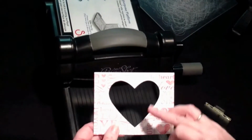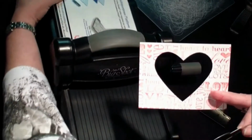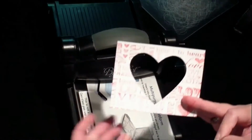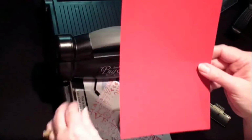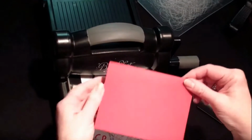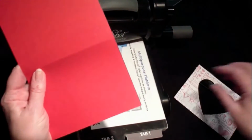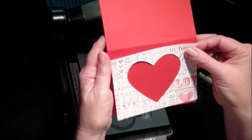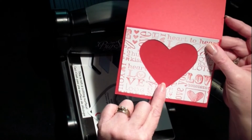Because I want to make my spinner card, I actually need the heart to go through both my quarter sheet of cardstock and the front of my card. So I've already taken my 5.5 by 8.5 piece of cardstock and scored it with our Simply Scored. And what I need to do is to cut that heart exactly in the same place as I cut the